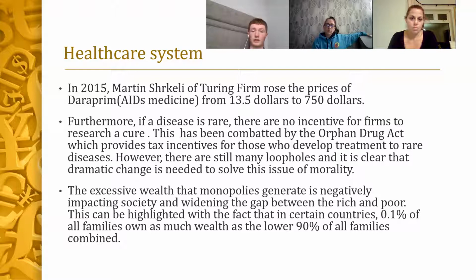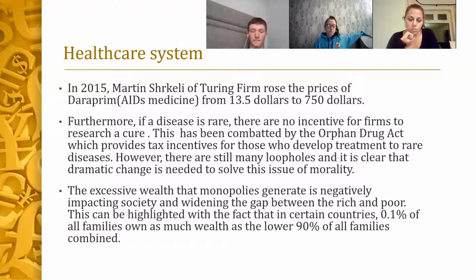Another example of the dramatic effects of monopolies in our society is that if a disease is rare, there's no market for firms to try to produce a cure. And this has been combated by the Orphan Drug Act, because it gives tax incentives to people who develop cures for these rare diseases. However, there are still many loopholes, and it's clear that a dramatic change is needed to solve